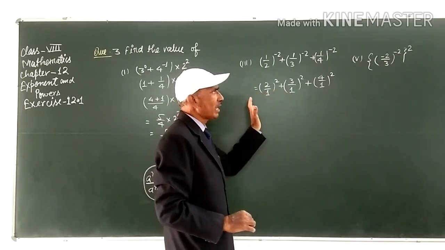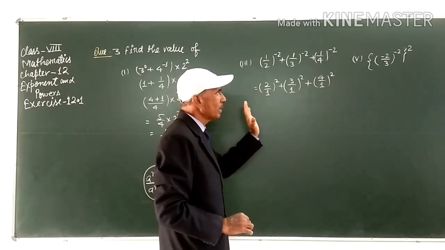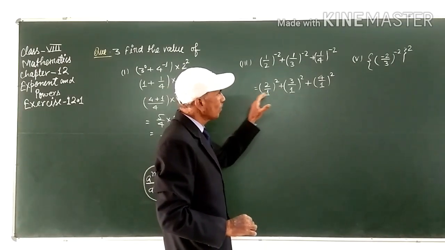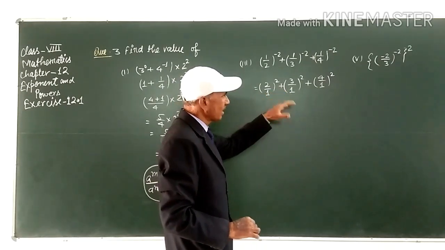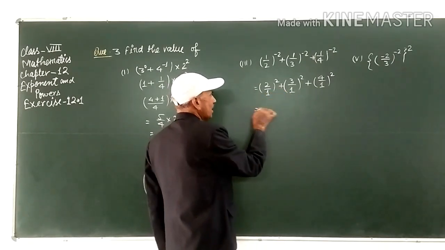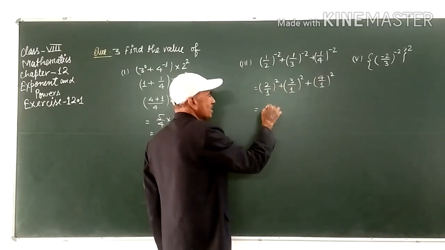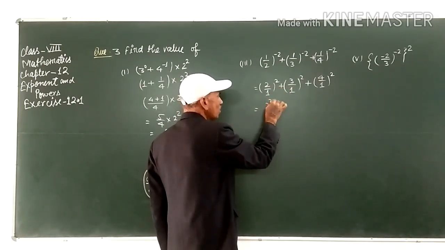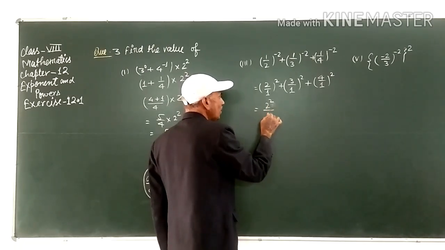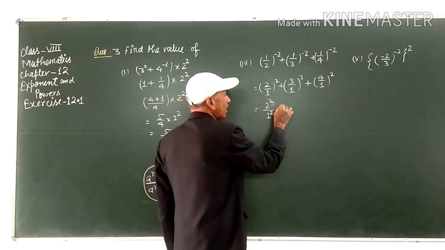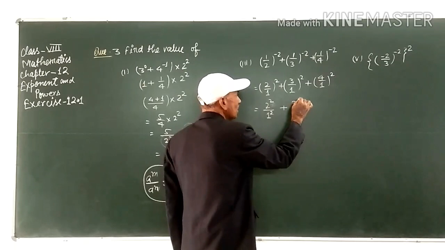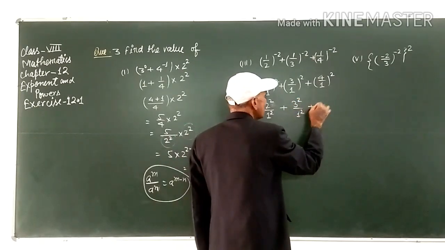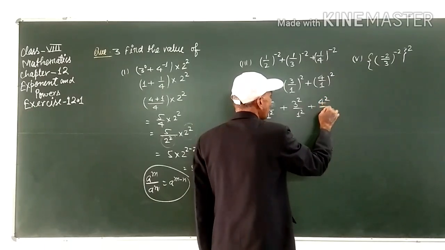उसकी वैल्यू 1 ही आएगी, और 1 से किसी नंबर को अगर हम डिवाइड करेंगे तो नंबर सेम रहेगी। तो इसलिए हम 1 को यहाँ रिजेक्ट कर देते हैं, 1 को नीचे नहीं लेते हैं, या 1 स्टेप में हम इसको अभी इस तरह से लिखते हैं 2 to the power 2 upon 1 to the power 2 and plus 3 to the power 2 upon 1 to the power 2 plus 4 to the power 2 upon 1 to